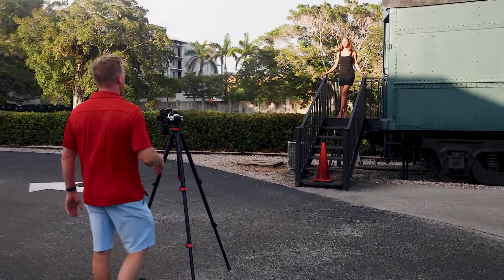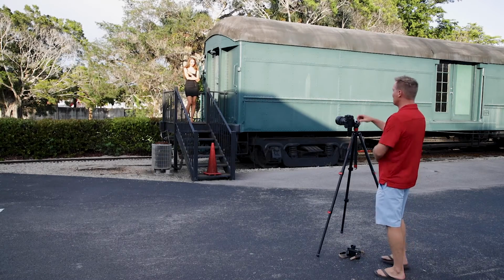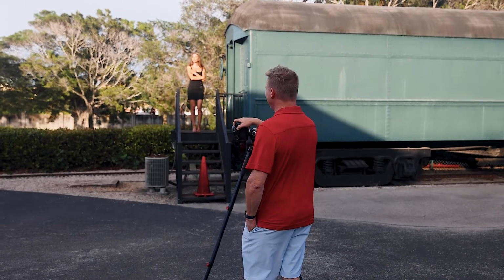All right, so just for the heck of it, let's pose it up and cheese it up a little bit. You know, kind of cross your arms, let your hand kind of hang here. Yes, shoulders back, good posture. Good, turn your face a little bit this way. Good, you can look at the...